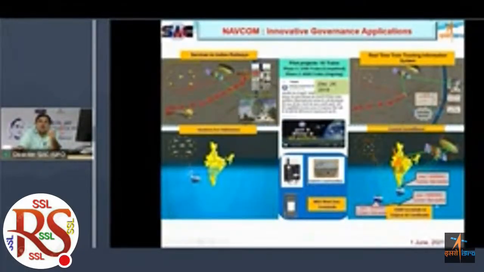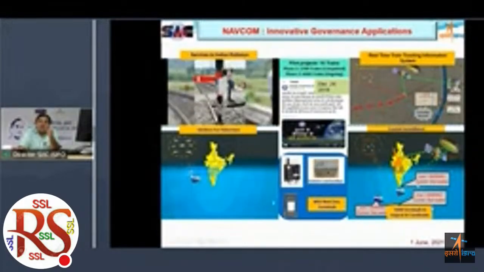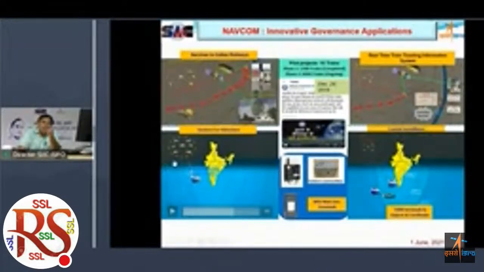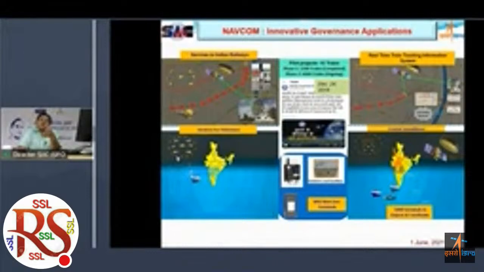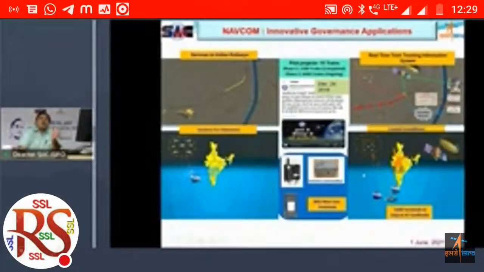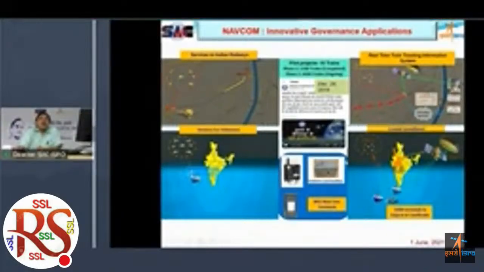Then there are cyclone alerts. Then if they are crossing international waters, if they are going towards Sri Lanka or towards Pakistan waters, they will be alerted that they are now violating international borders at sea. So all this information will now be available through satellite, in real time on their mobile phones, and that too in their native language. So that is all the advantage of using all this